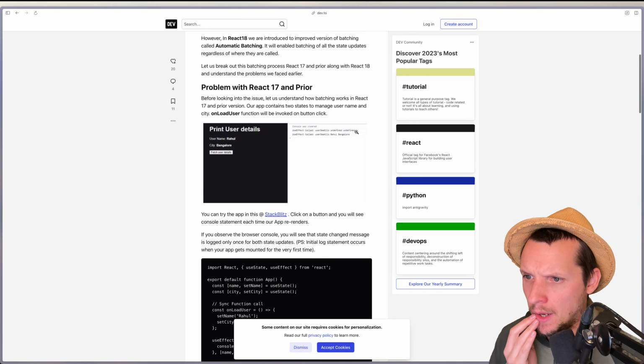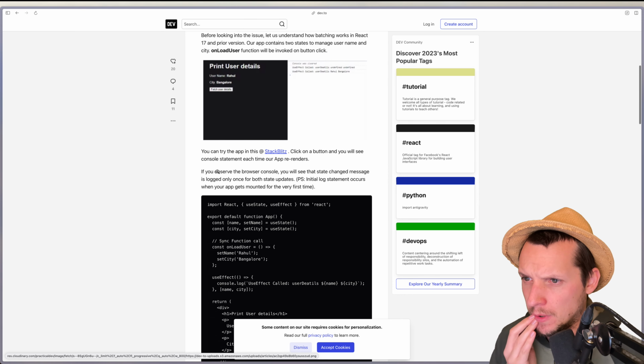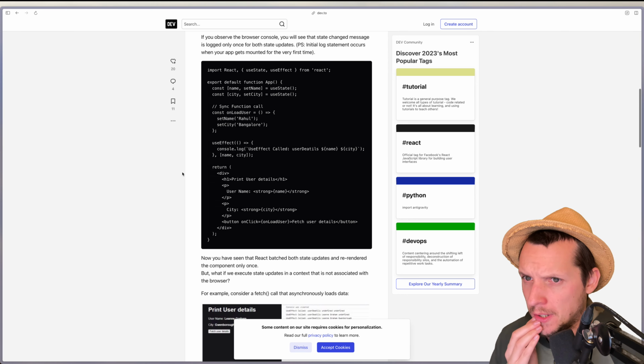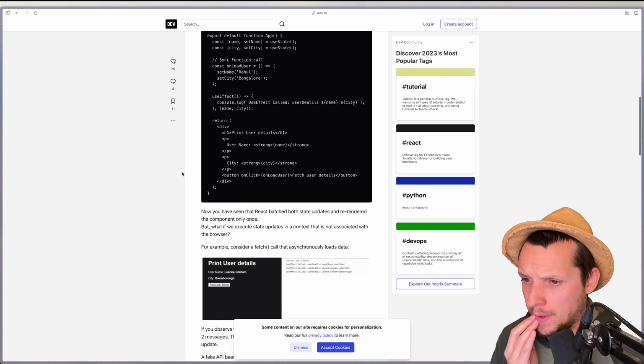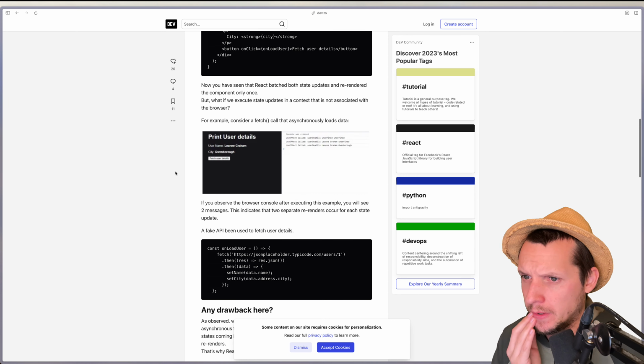Before, the user onload function will be invoked on button click. You can try it. If you observe the browser, you will see that the state change message is logged only once for both state updates. Now you have seen that React batched both state updates and re-rendered the component only once. But what if we execute it